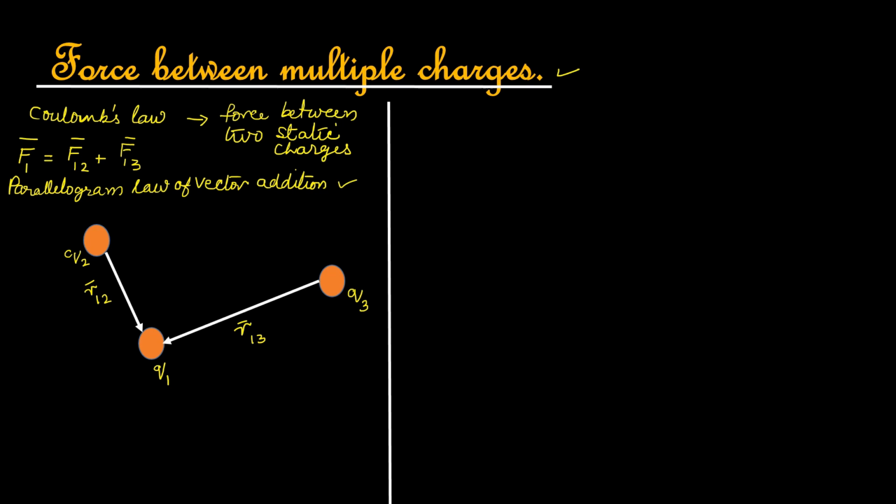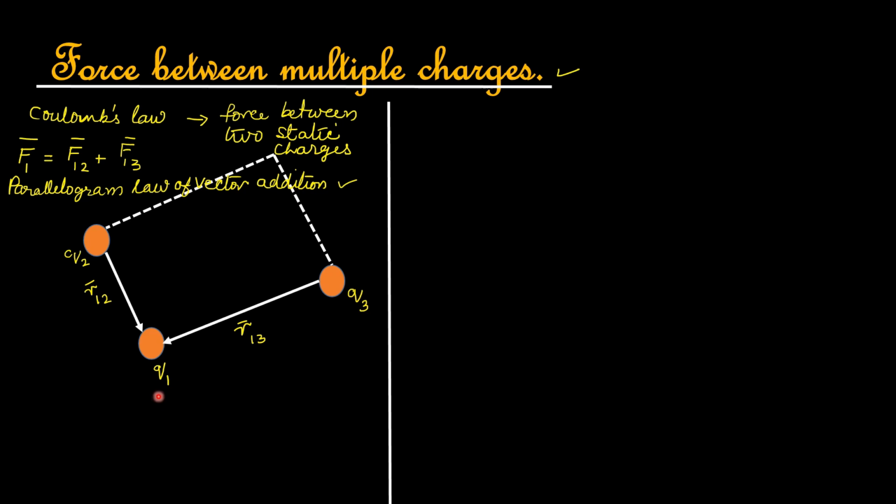Let us just recall what the law states. The law states that when two forces act on a point and can be represented in magnitude and direction by the two adjacent sides of a parallelogram, then the resultant of those two forces, that is their sum, can be represented by the diagonal of that parallelogram drawn through that point. So to get the vector sum of these two forces F12 and F13, let us complete the parallelogram.